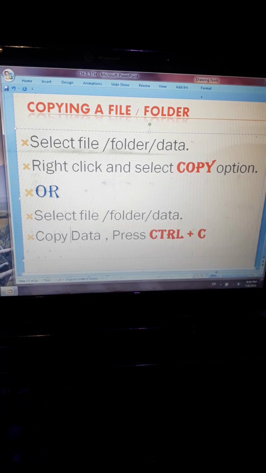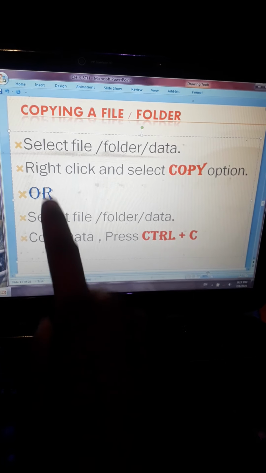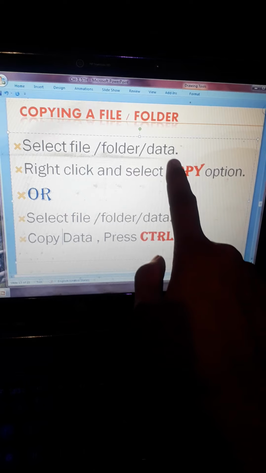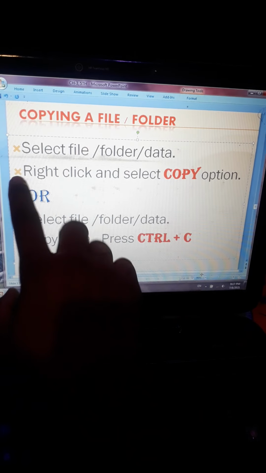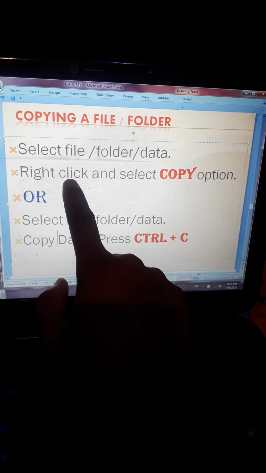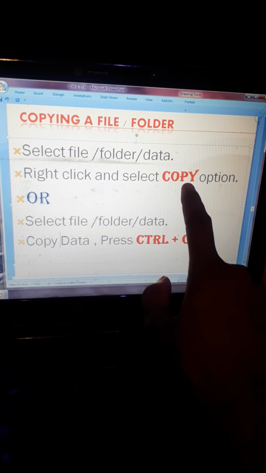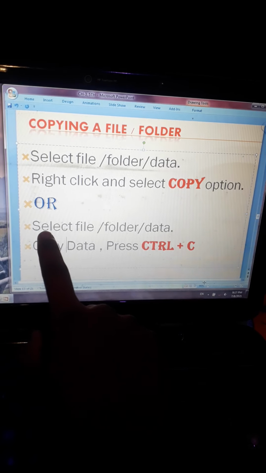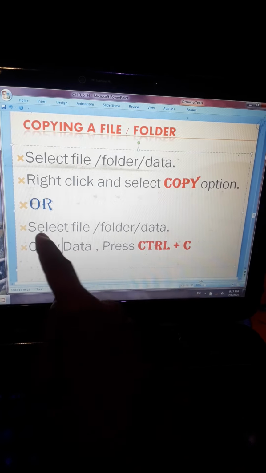To copy any file or folder, we simply have to follow a few steps. First, select the file, folder or data which we want to copy. Next, we have to right click and select the copy option to copy our file, and also the shortcut key for copying: first select the file or folder, then